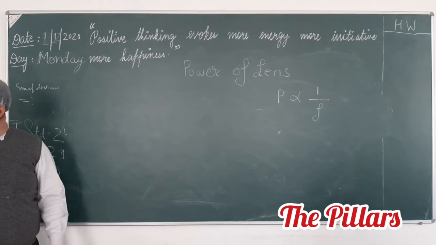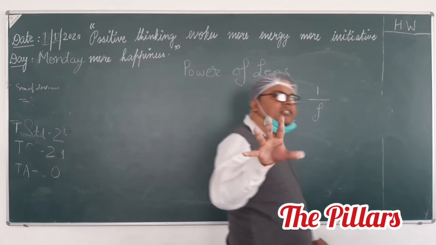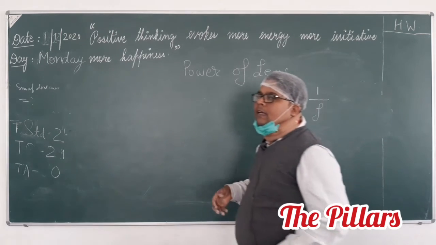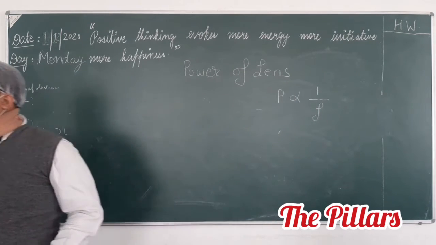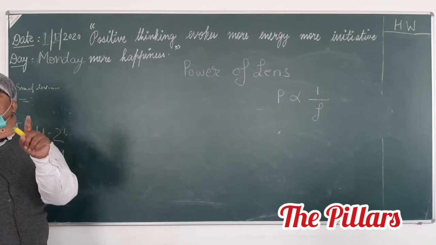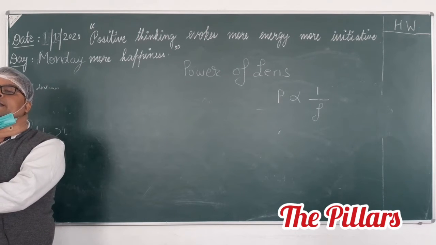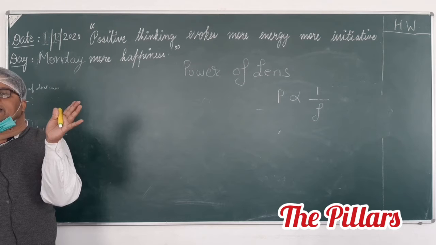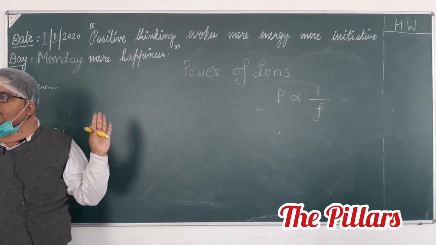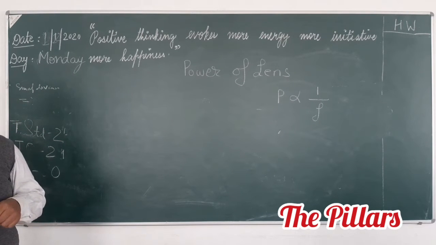So now let's do one or two numericals based on the power of a lens. Power of a lens is clear, na? The converging or diverging capacity of a lens. It is a very simple concept. One more thing. Power of a lens is inversely proportional to focal length. You don't say inversely proportional to 1 by f. Inversely means there is an indirect relation: if one quantity is increasing, the other will decrease. So if we increase the focal length of the lens, the power of the lens will decrease.